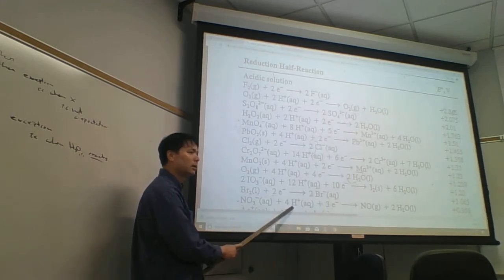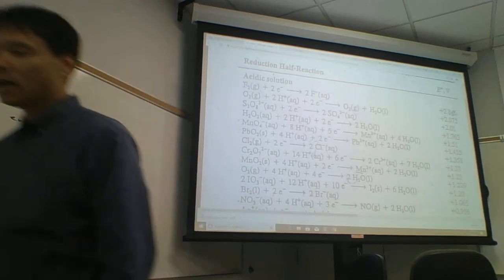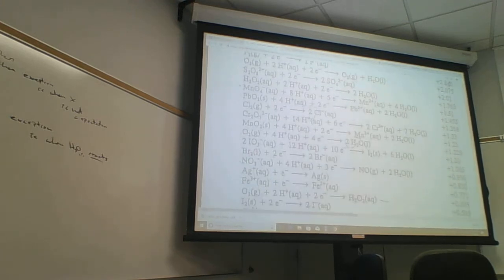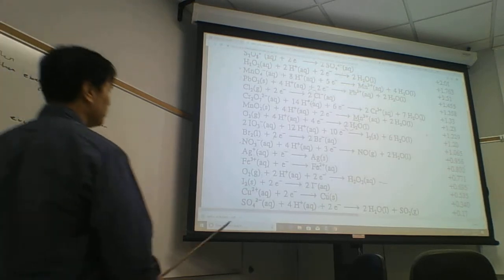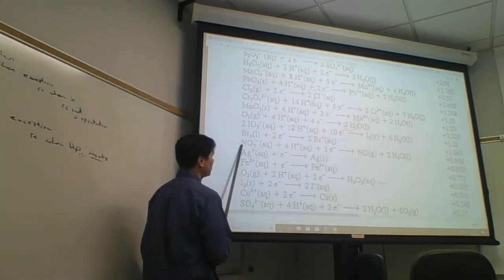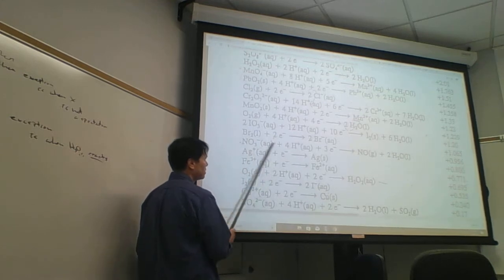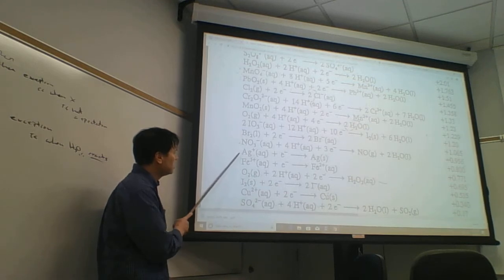Nitrate in acid. Nitrate in acid is called nitric acid, so that's nitric acid. It could be nitric acid, but it doesn't have to be. It could be any source of nitrate, sodium nitrate, and any source of acid. Any source of nitrate and any source of acid will make this mixture. This is